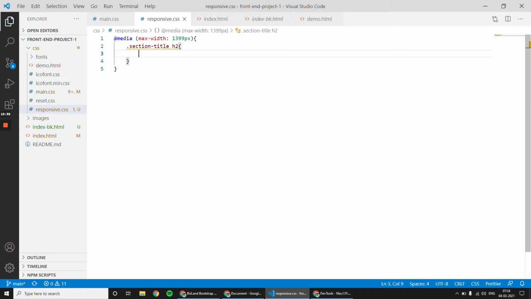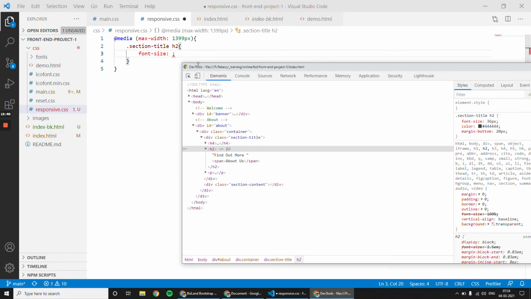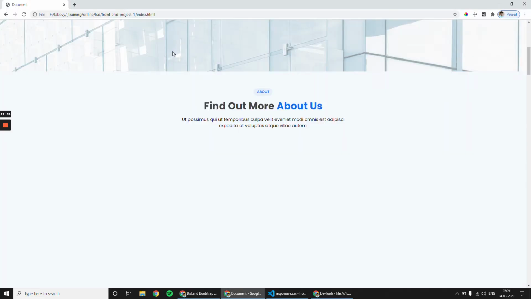Section title h2. Now I will reduce the font size a little bit. Now it is 36. So 36 pixel is for device size which is more than 1400. Now I will reduce it from 36 to 32. Now I am not comparing the values with the reference website.